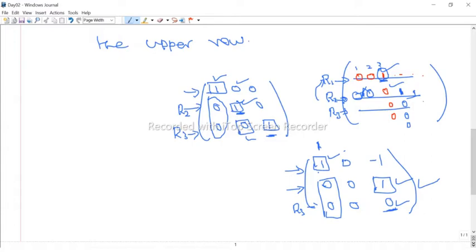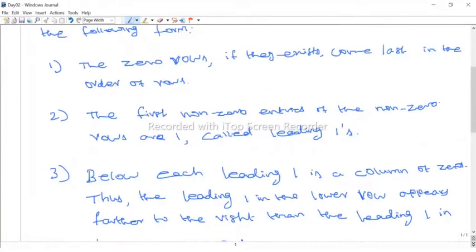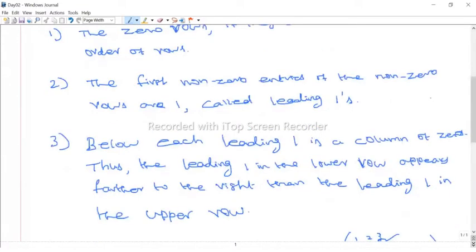Each row we have to scan. The first condition is, if any zero rows exist, you have to move that row to the bottom of the matrix. Suppose all the other rows have non-zero entries. Now we have to scan row by row. First, you scan the first row from left to right. If you find a non-zero entry anywhere, that should be 1. That is the second condition: every non-zero entry of a non-zero row should be 1. If it is some other number like 2 or 3, that is not an equivalent form.